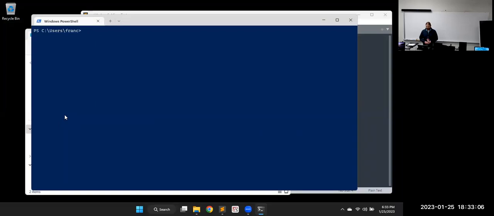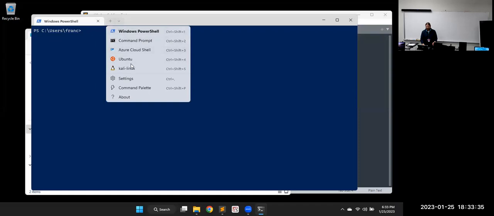So I'll use the old command prompt terms here. PowerShell updated them to a modern language. We spell everything out. Our selection structures look almost identical to how they look in Python. There's a slight difference. Use curly braces, but not semicolons. Still uses line breaks. So this is that language. That's the modern one. I'll just use the command prompt instructions here. And a similar thing, I guess, in Kali.